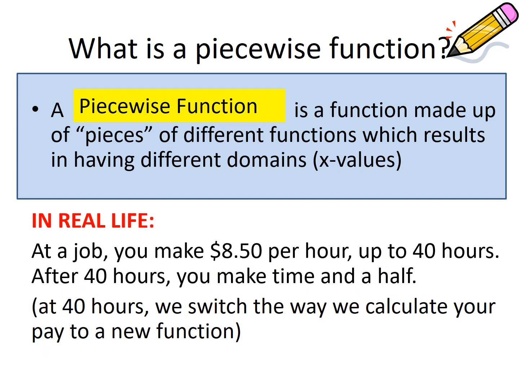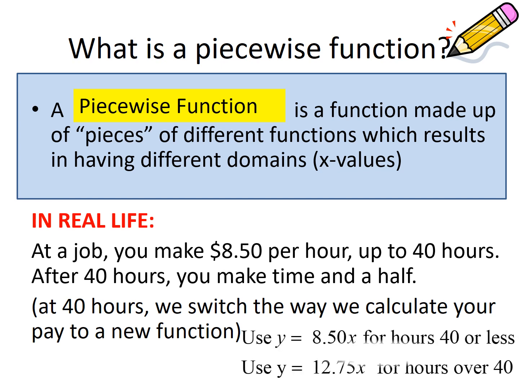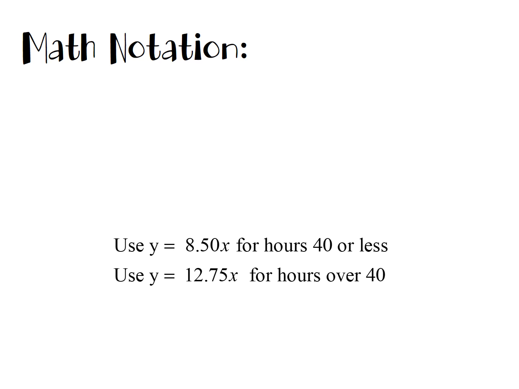So in real life, if you were at a job and you made $8.50 an hour up to 40 hours, and after 40 hours you made time and a half, at 40 hours you would switch the way that you calculate to get paid in the new function, right? So let's talk about that real life situation and the mathematical notation that's going to happen with